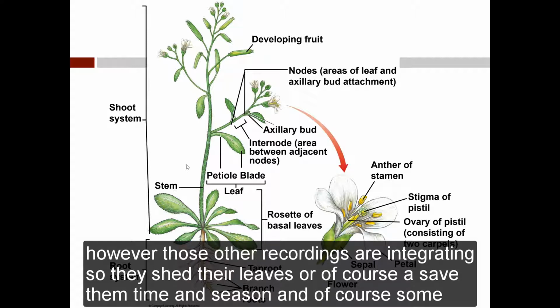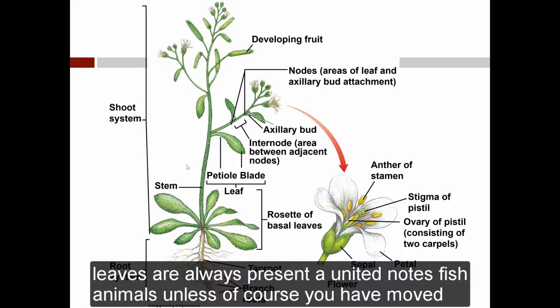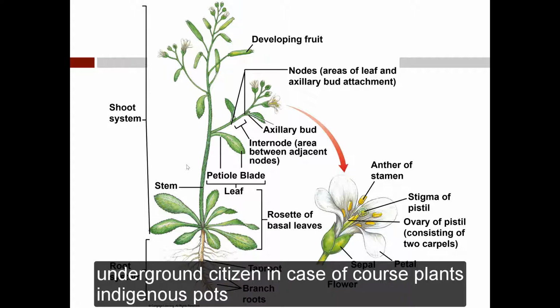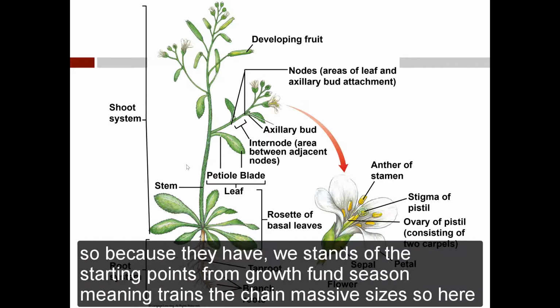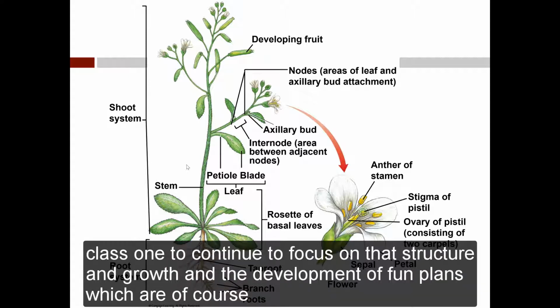So they shed their leaves over, of course, I say the entire growing season. And of course, some leaves are always present, so you may not even notice that they're shedding those, unless, of course, you just happen to look down on the ground, such as in the case of plants in the genus Pinus. And that's Pinus, such as the pine trees. Because they have permanent woody stems that are the starting points for new growth the following season, many trees attain massive sizes. So here, class, we're going to continue to focus on that structure, the growth, and the development